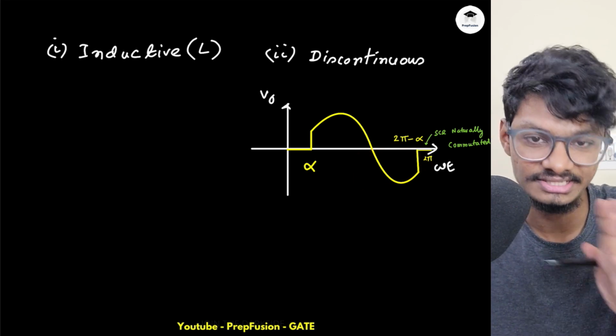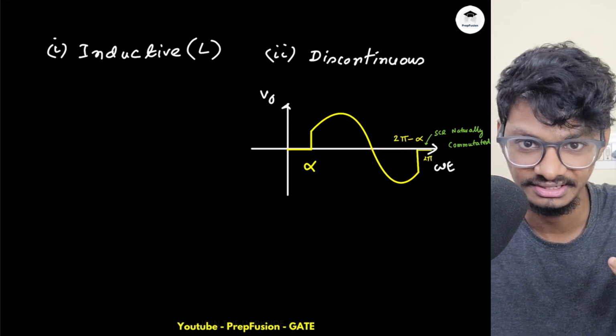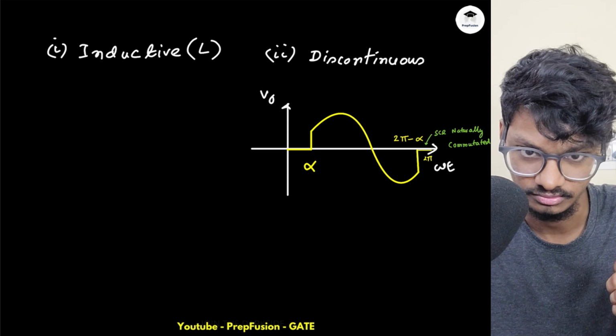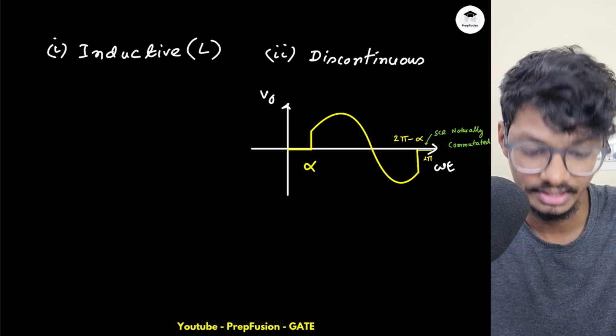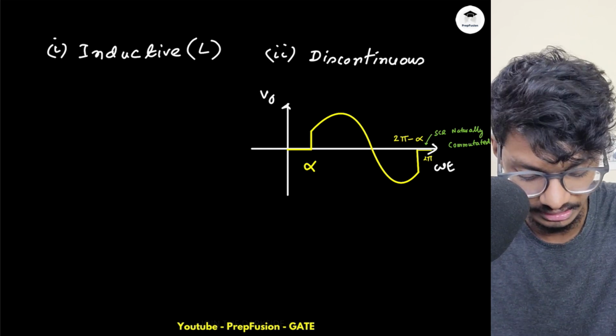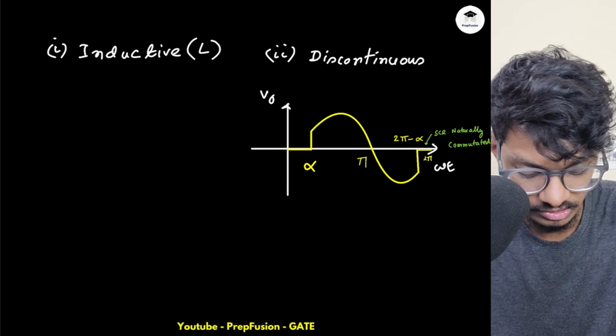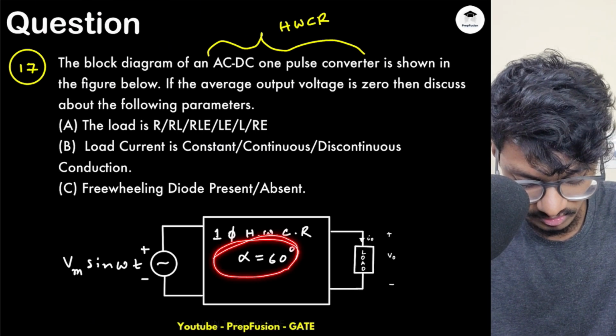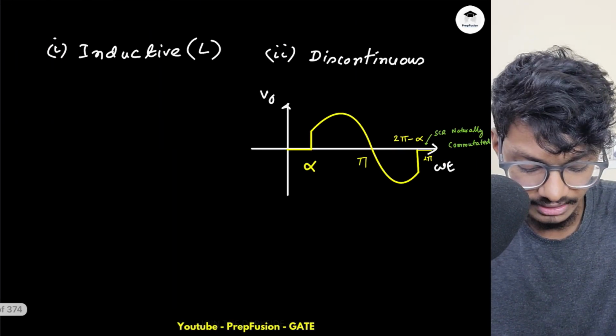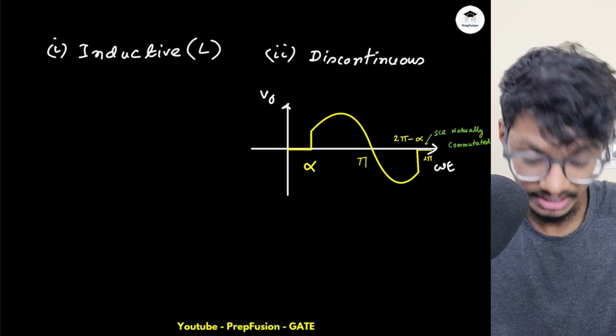Only if the SCR is never triggered, then obviously the average voltage can be 0. Then alpha has to be greater than 180, greater than pi. Then only the SCR will never be triggered because it will be in reverse blocking mode. But here they have given my alpha as 60, so my SCR will be triggered in